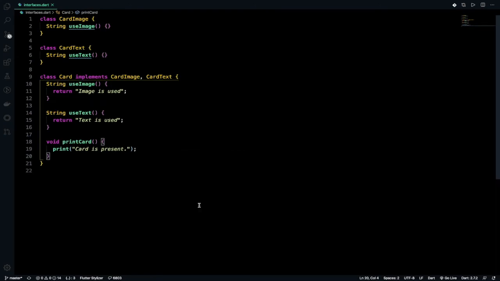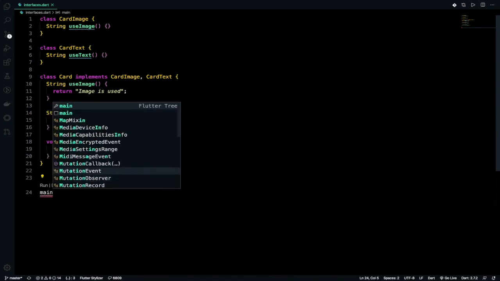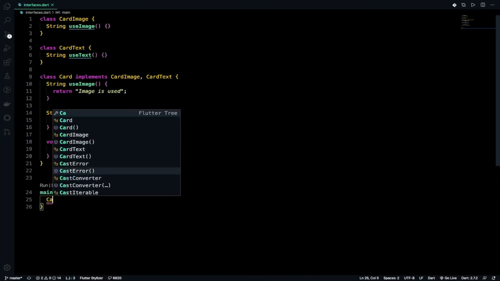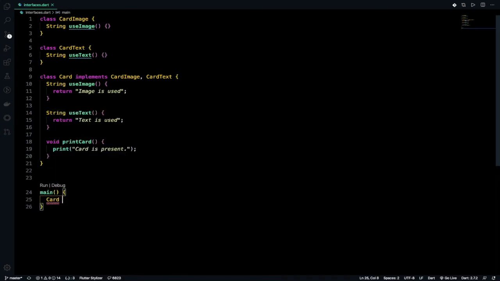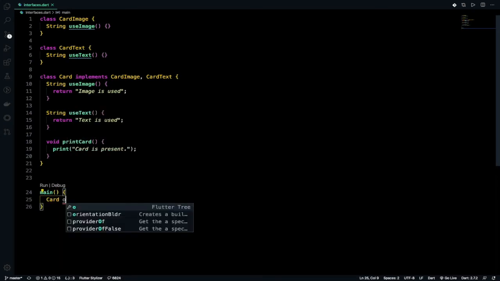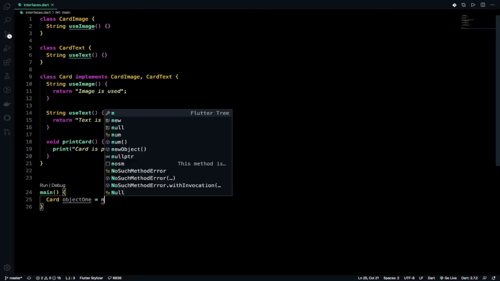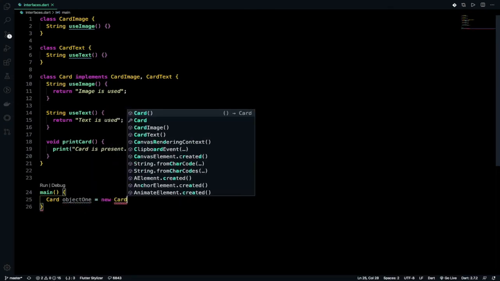And then in the main method, we will just create the object of that class card and use the properties. So let's do this, the main method, and then card object1 equals new card.